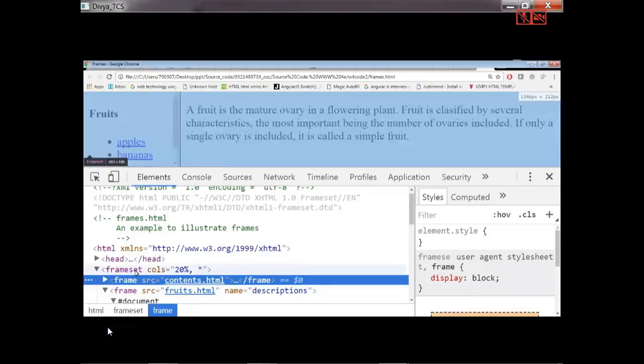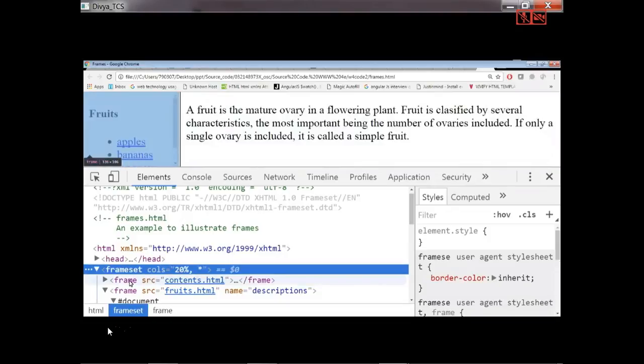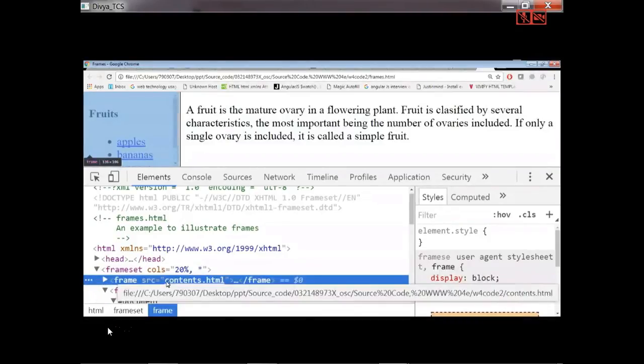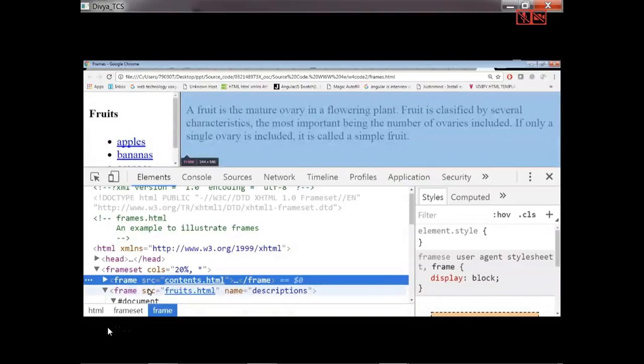See here, you are actually, what is this? This is occupying 20% of your frameset, and the remaining source is occupying 80%, the remaining star asterisk you have specified, right? Okay, so this contents.html,